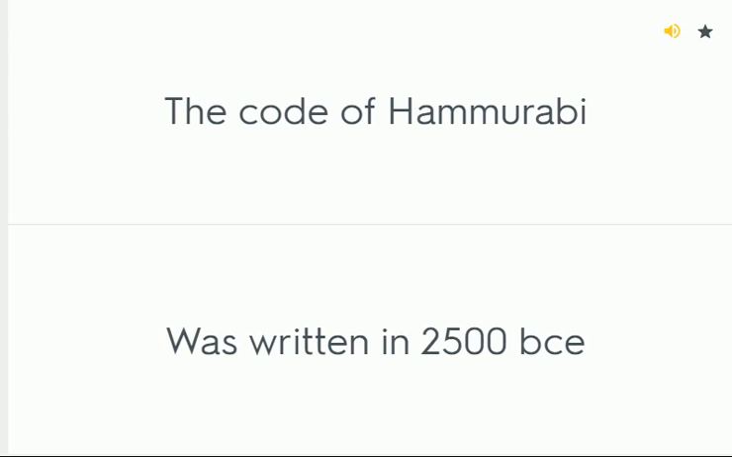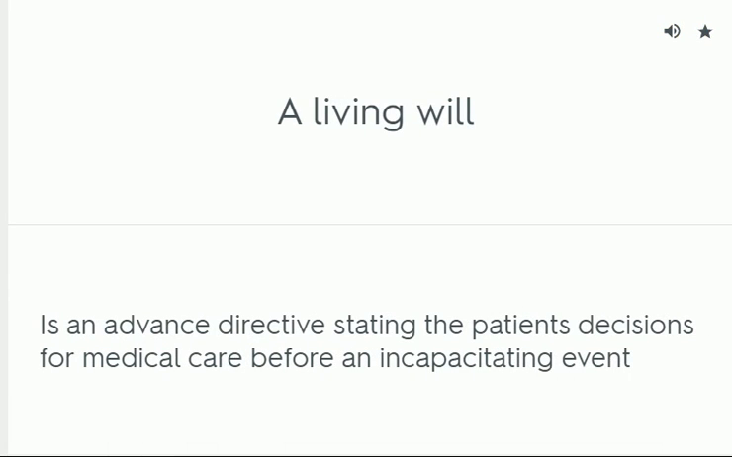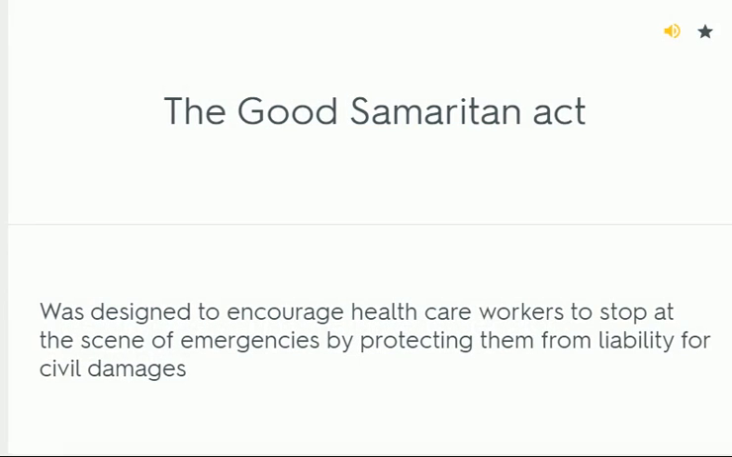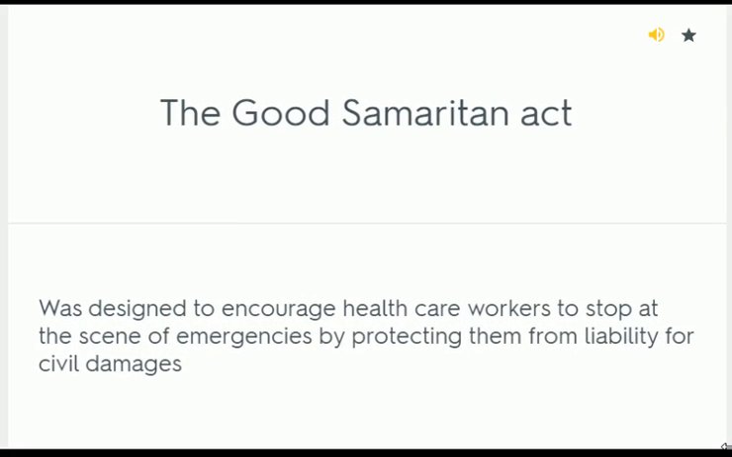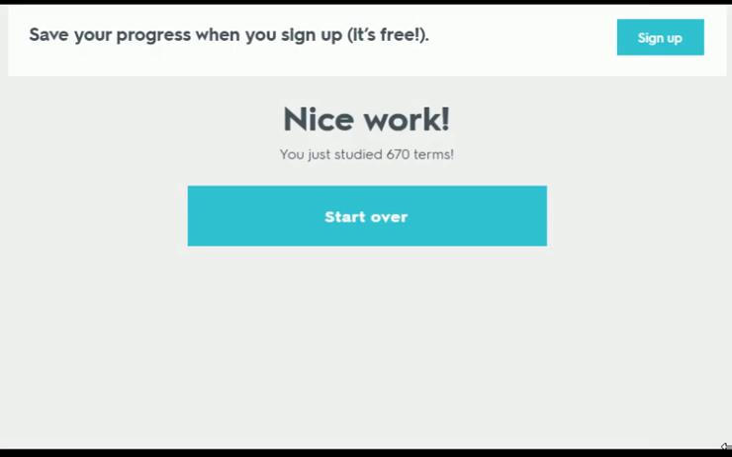The Code of Hammurabi was written in 2500 BC. A living will is an advance directive stating the patient's decisions for medical care before an incapacitating event. The Good Samaritan Act was designed to encourage healthcare workers to stop at the scene of emergencies by protecting them from liability for civil damages. An abnormal